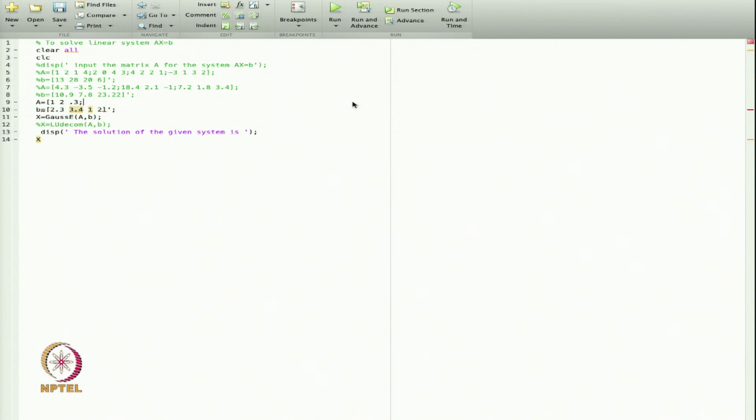The second row I am taking 2, 3.4 and 5. The third row I am taking 0.3, then 5 and then 2.1. Suppose I take this one. That is the symmetric matrix I am taking, a 3 by 3 matrix. So, let us run.